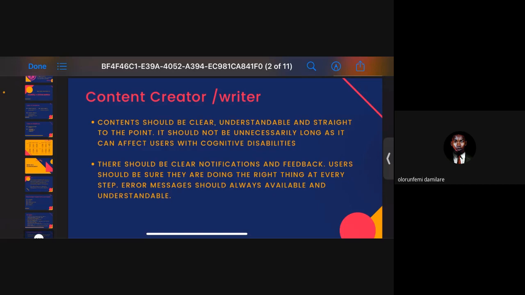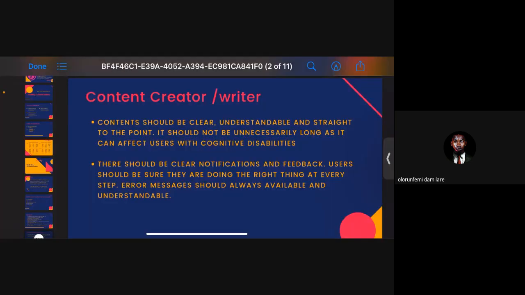So the developer should try to implement the designs, and they should make sure to use semantics. Always use the basic HTML before you go and try to innovate codes on your own. Most times the basic HTML has those semantics they need, which the screen reader recognizes.